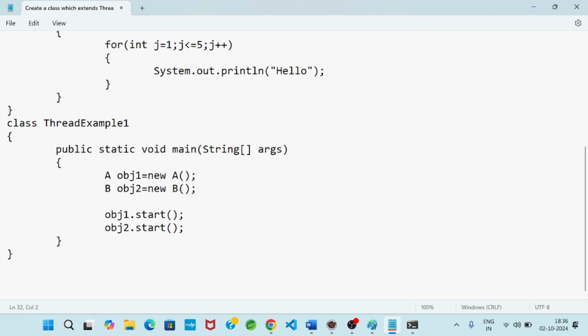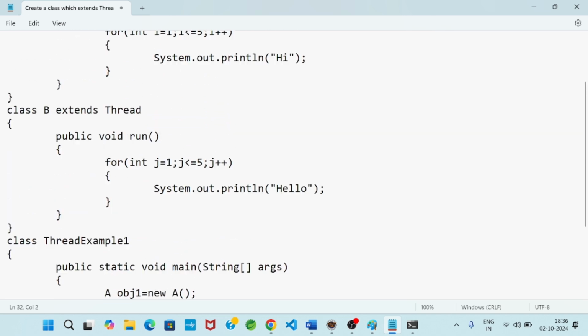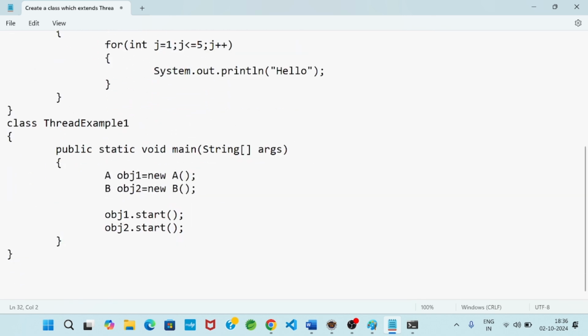We know that once we define a method, we call that method by the object, then the method definition will execute. Why will I not write obj1 dot run method? If you write obj1 dot run method or obj2 dot run method, there is no problem. Then why are we writing obj1 dot start method, obj2 dot start method?